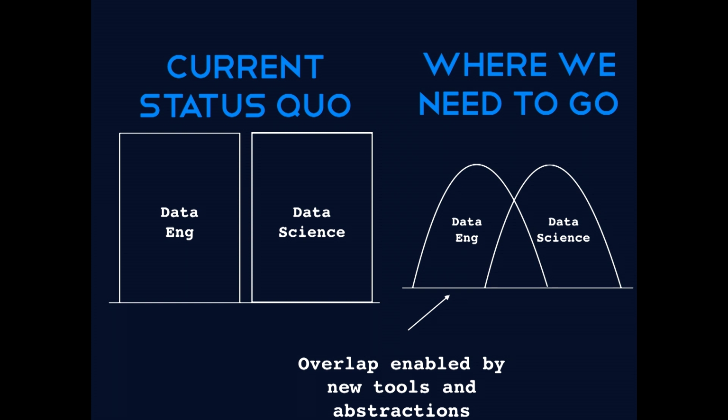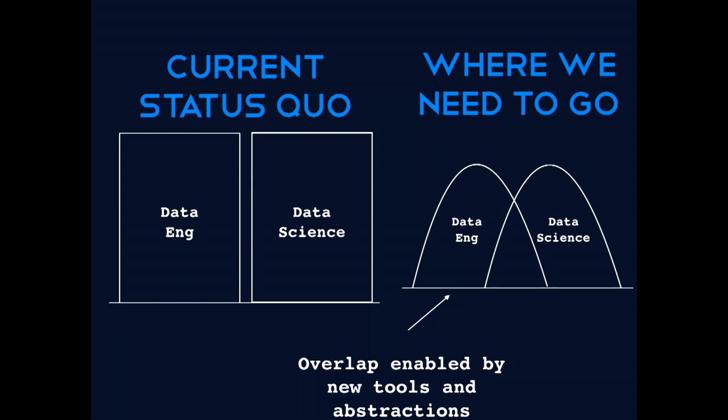Where you want to get to is a state where there's some sort of overlap between them, enabled by tools and abstractions. This state of the world reminds me, I was at Microsoft 15 years ago, and back then there was a split between software test engineers and software development engineers. The developers would write the code, and it'd be total piles of crap. They'd throw it over the wall to the testers, and lo and behold, there'd be bugs. And there's this crazy feedback cycle. Looking back on it, it's kind of crazy. Now, what do developers do? We have unit test frameworks, we write tests, we're accountable for things. That's the way the world should work.